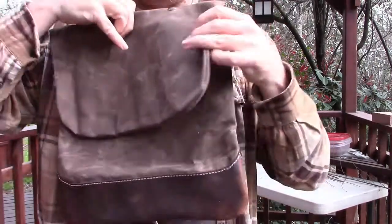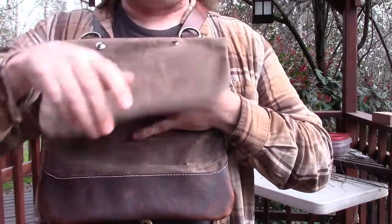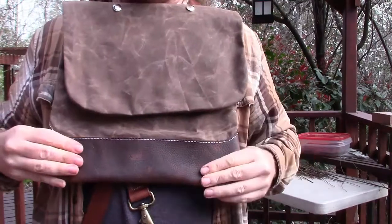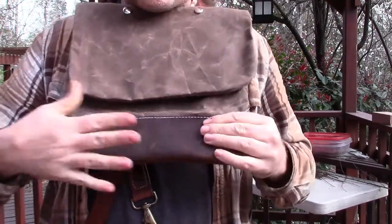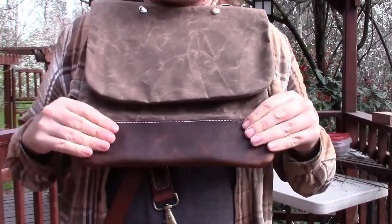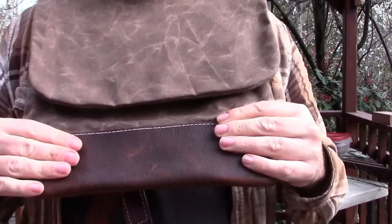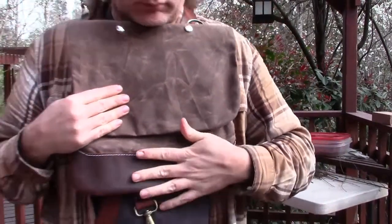And then of course you have the nice large deep pouch on the front and the large pouch on the flap with the snap closures. And then the bottom is reinforced with Kodiak tan, oil tanned 6-ounce leather. It's already finished and oiled and all that stuff from the tannery, so it's nice and waterproof. So you can get this wet or whatever and it's not going to hurt it a bit. And the reinforcement comes from,